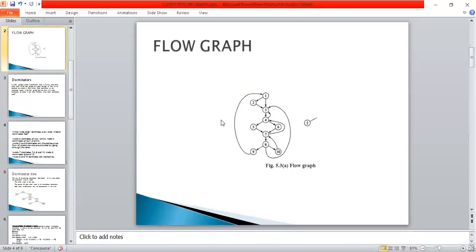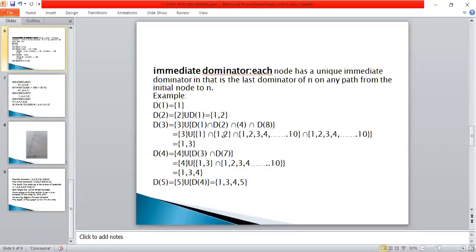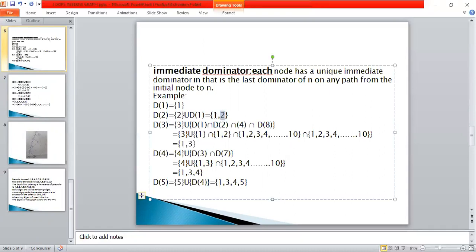Observe the diagram carefully here. Node 2 has a link from 1, so take the dominator of 1. So I represented D of 2 is equal to 2 union D of 1, that is equal to 1 and 2. So the immediate dominator of 2 is 1.